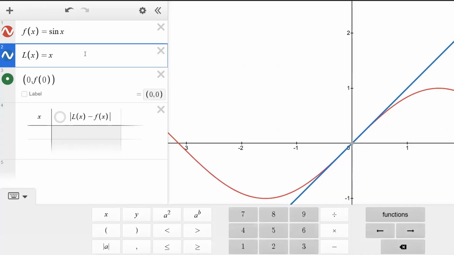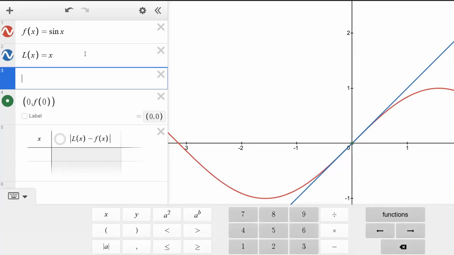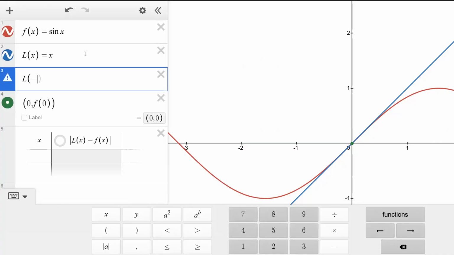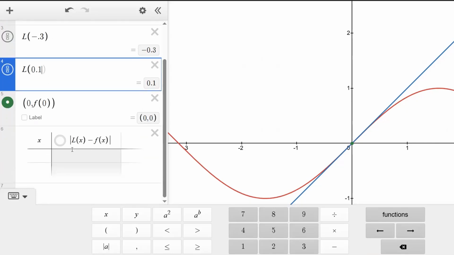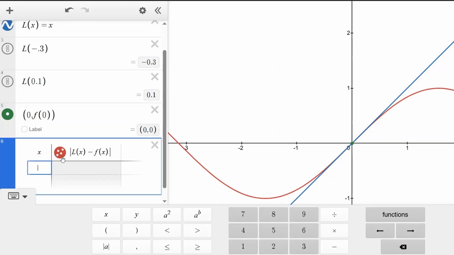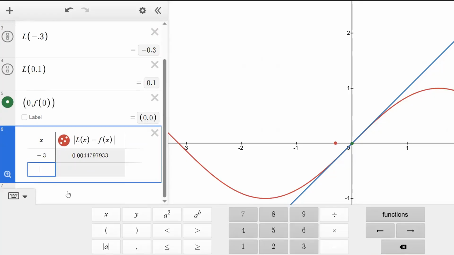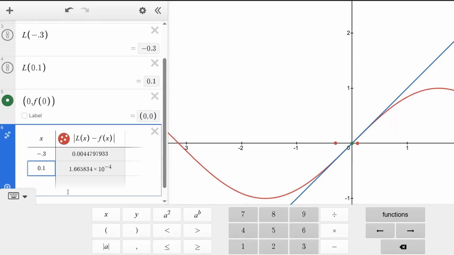And then what I'm going to do is we can have the values of L of x. So we wanted negative 0.3, 0.1, and so forth and so on. We could go down the line there. Now, this next thing that I have right here is what we would call the error. It's the absolute value of the difference between your approximation and the true value. So if x is equal to negative 0.3, the difference is 0.0047. If x is 0.1, well, this would be